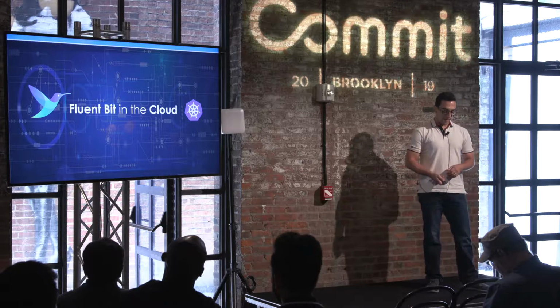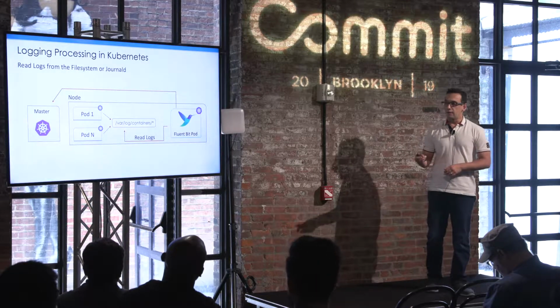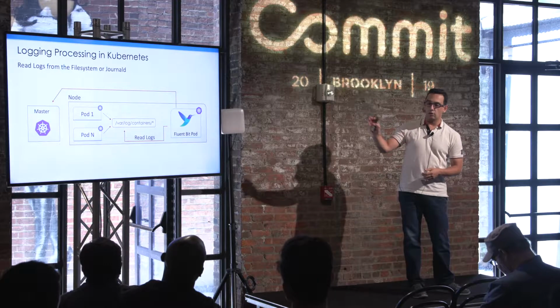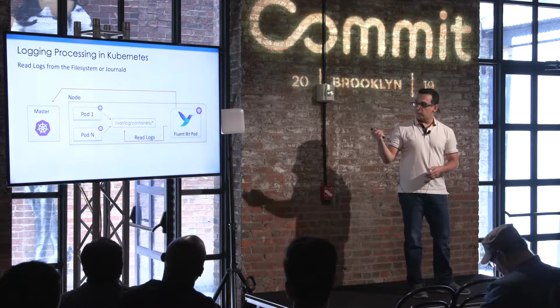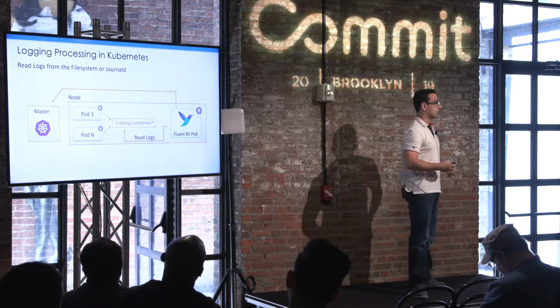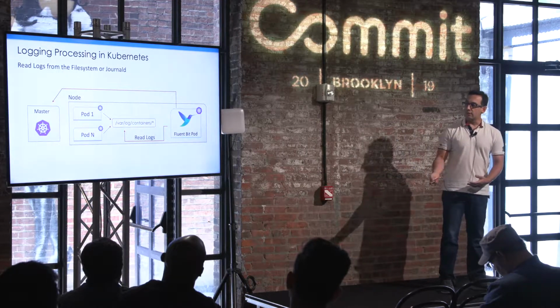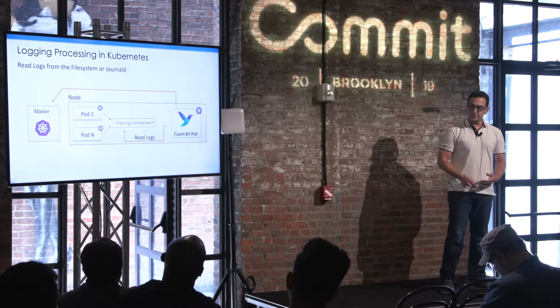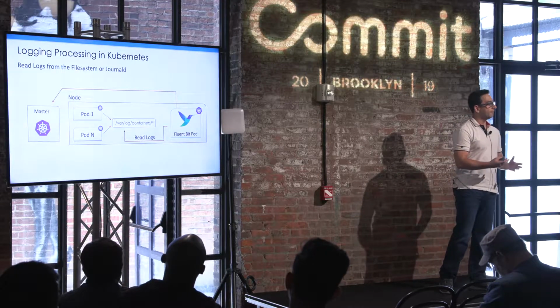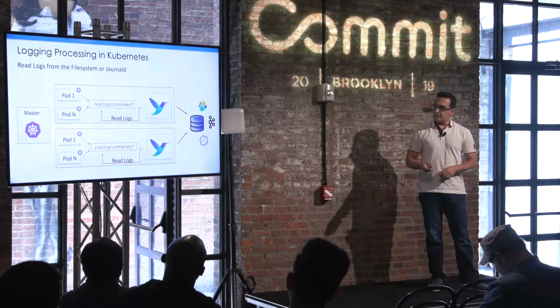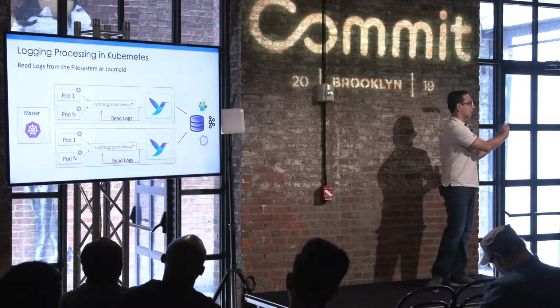And Fluent Bit in the cloud is quite known. If you are familiar with Kubernetes, imagine, for example, that this node is a Kubernetes node. What Fluent Bit does basically is just read all the container logs from the file system and then go to the master API server to collect all the metadata that I just demonstrated before. And then we can ship the data out to your own Elasticsearch.